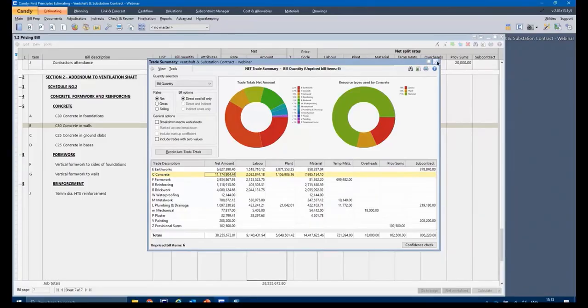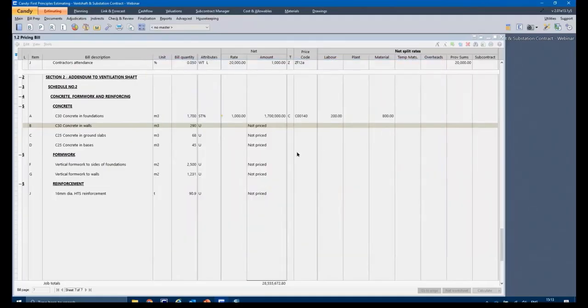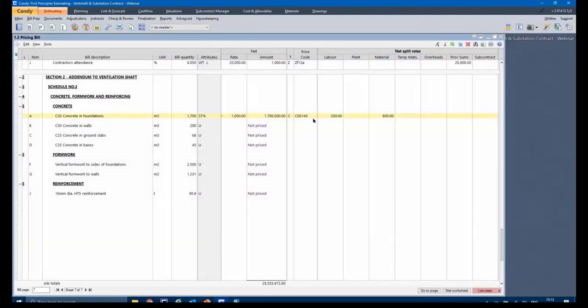But it's still not ideal because we don't know what labor it is. Is it skilled, semi-skilled? And what material are we using? Are we using batch or are we using ready mix? And that's not ideal, and you're not going to get a resource usage or resource analysis out by doing split rate pricing.